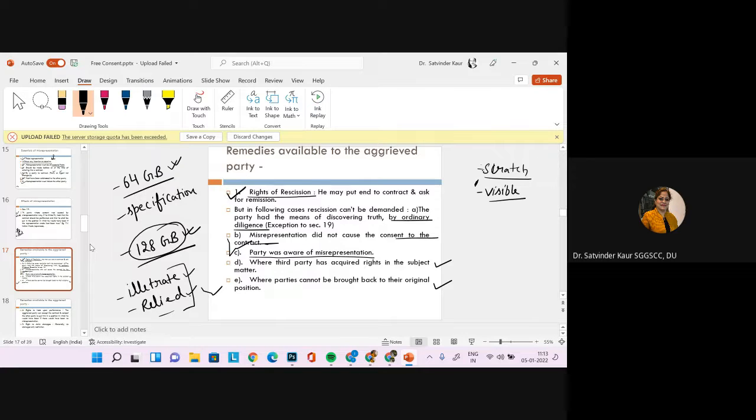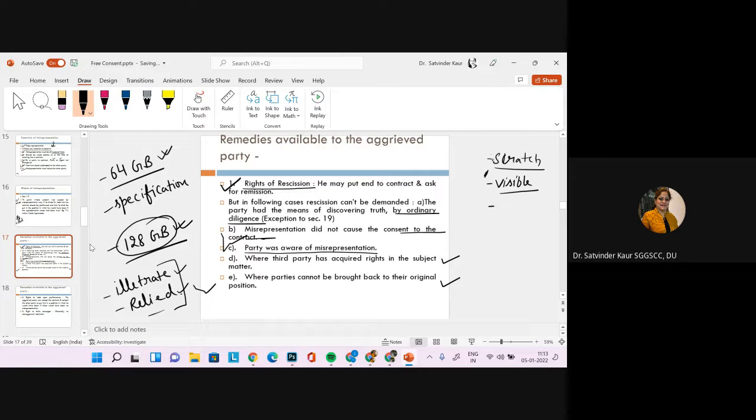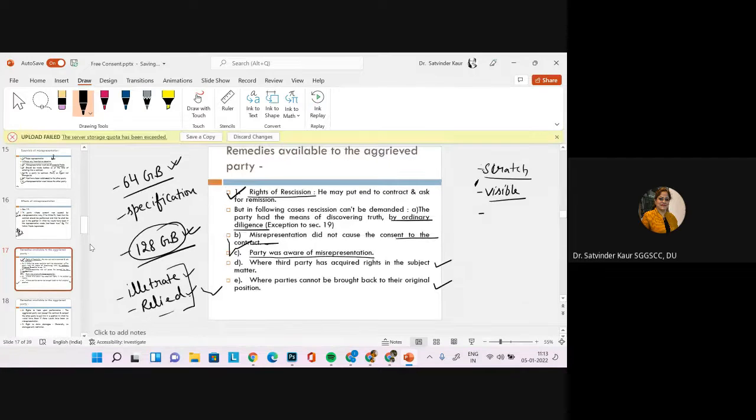So we downloaded Office, and the account was created. After a day, when we got it home and checked, we saw there was some scratch on it, so we went back to replace the product. It was said that if we had not installed Office, or had not registered this particular system, they would have changed the hardware. So again, the parties could not be brought back to their original position.